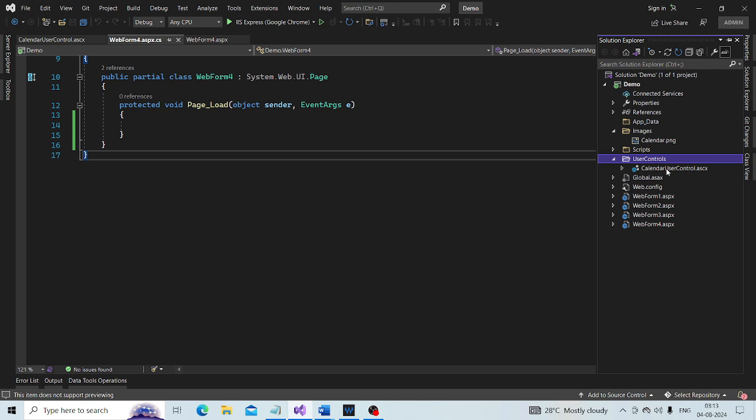There is a method called LoadControl, which we can make use of.